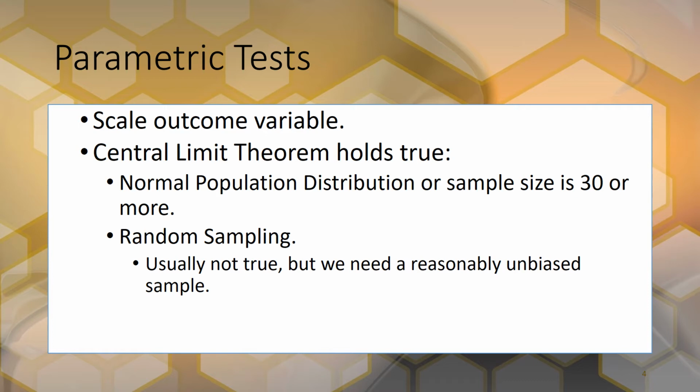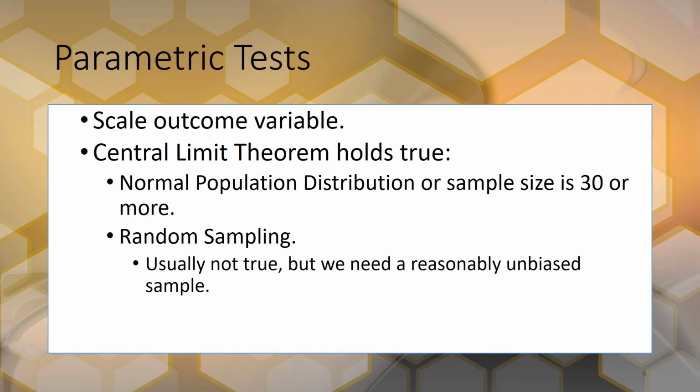But a parametric test, and what we're going to focus on in this class, has a scale outcome variable, so some kind of numeric outcome, and also the central limit theorem must hold true. And if you remember, there must be a normal population distribution or a sample size of 30 or more,